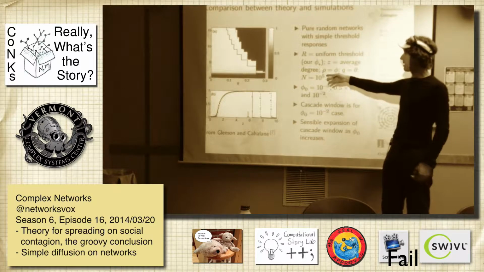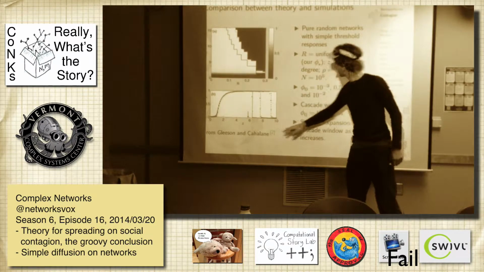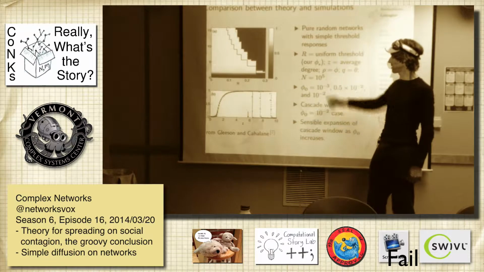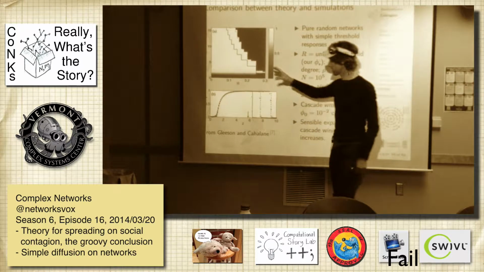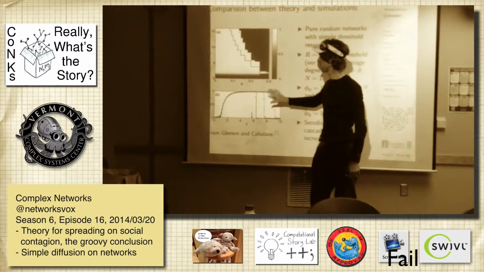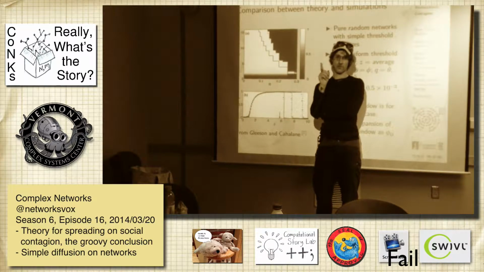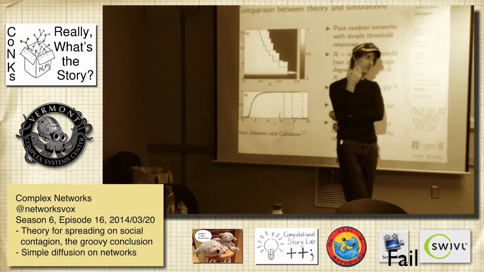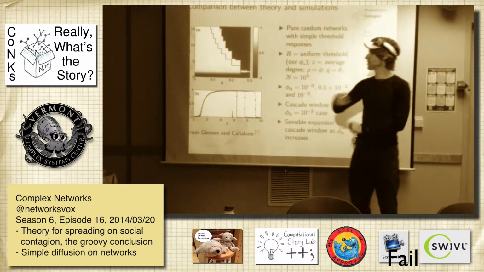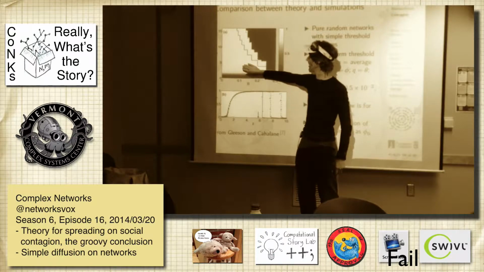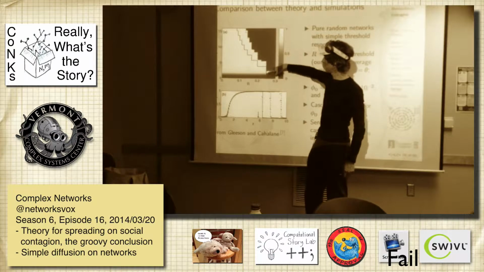In this paper, if you go to it, they have rho as phi and q as theta. I've tried to keep our notation similar. It's for 100,000 nodes. What's happening is that this envelope here is for one initial seed being turned on. The majority of the focus of the paper is what happens if we have a fraction that are being turned on. So this was for one seed, and this is showing that they get the right analytic shape,